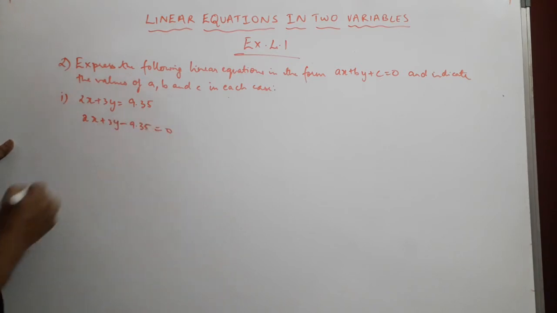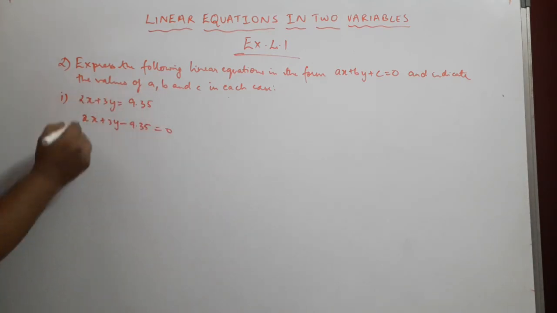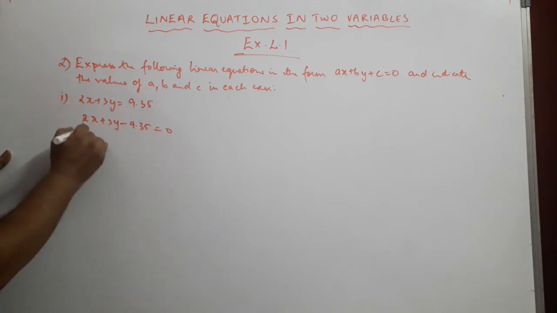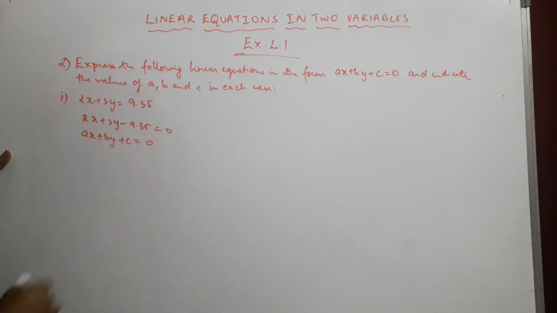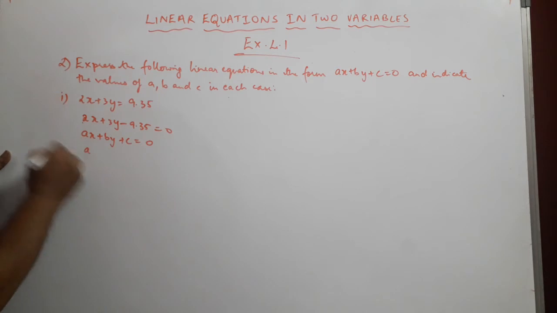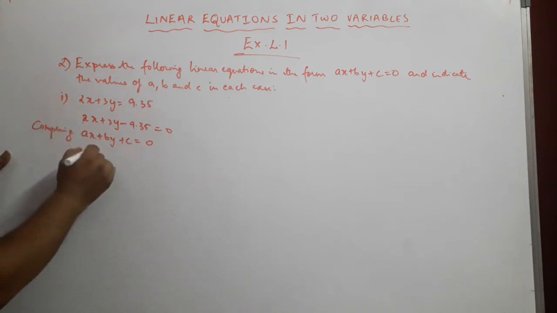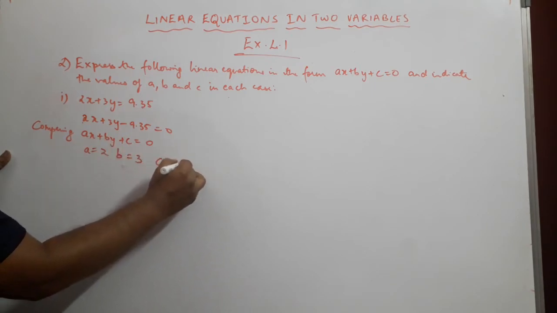Do not worry about the decimal points and all. You don't have to solve this. You just have to write down what is a, what is b, what is c over here. So 2x plus 3y minus 9.35 equal to 0. If we compare this with ax plus by plus c equal to 0, then in that case we can say, comparing, we get a equal to 2, b will be equal to 3, and c will be equal to minus